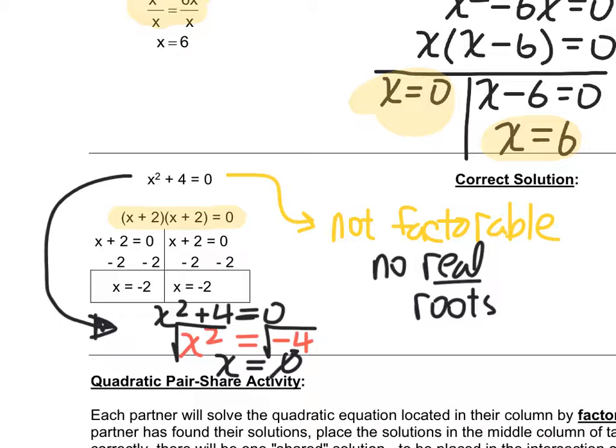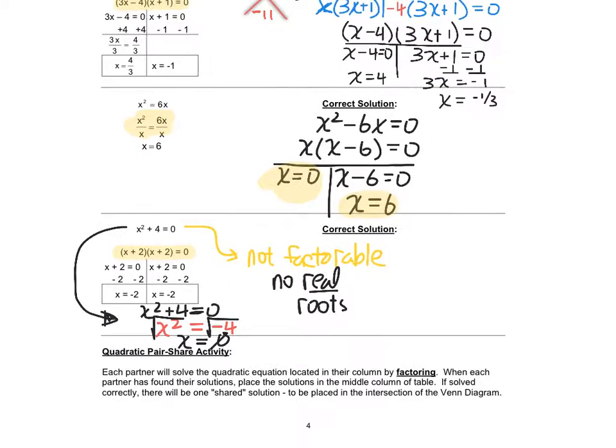You'll learn in Algebra 2 that there are actually roots to this function, they're just not real, they involve imaginary numbers. That's not part of this course, so we just say no solution and leave it at that. So what you're going to do is kick on over to